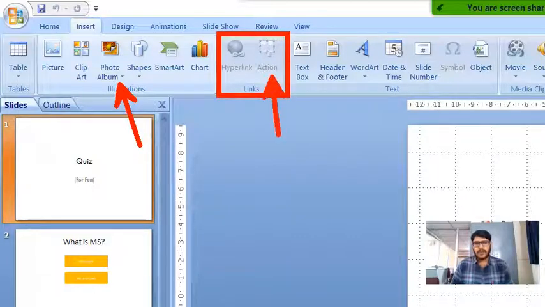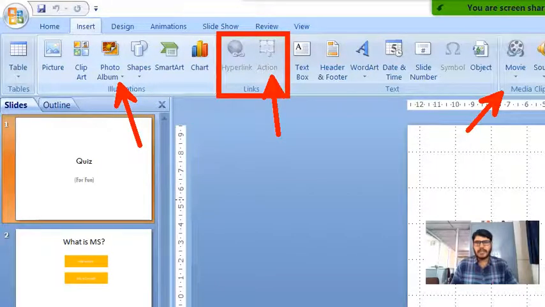So already we have discussed how we can use hyperlink, but here we are getting a new option called Action. Regarding this, we are going to discuss in today's class. And also, we are having a media clips group which is available at last here in the Insert tab. These are the only new options coming in MS PowerPoint 2007.